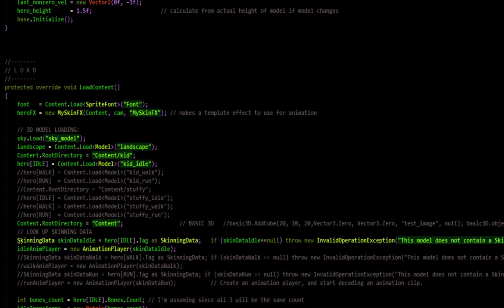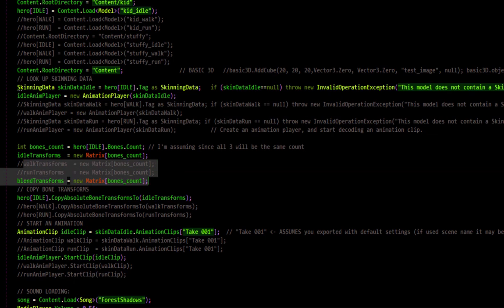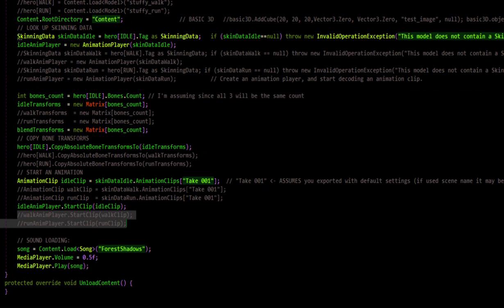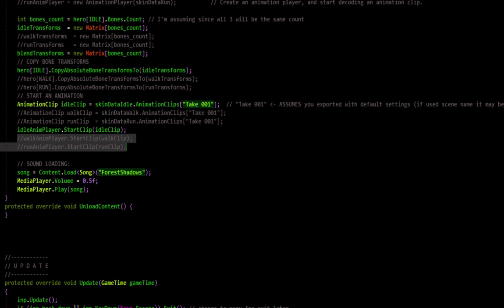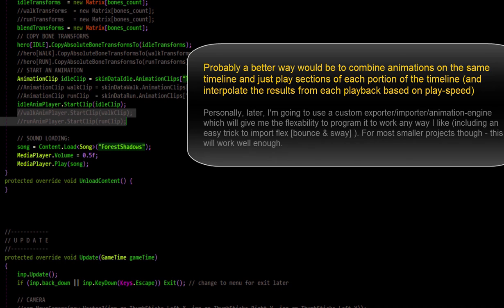So in our Game 1 class that we were working on before, I commented out these. I added these, but I haven't commented out for now because we're going to test that kid idle. And so I also commented out the walk and run stuff here, as well as here and here. We'll uncomment all this stuff later when we go to use it. I realized too that it might be possible for us to just export the bone animations for the walk and the run and not worry about the mesh, and then just apply the transforms to the character when it does animation blending. If we have unique versions of the character where the character changes shape or form, then obviously we'd want to keep the meshes with those ones.